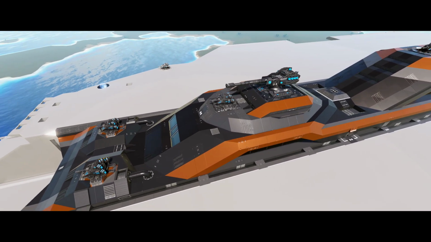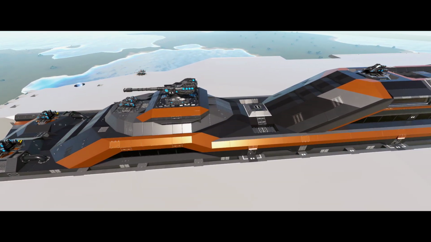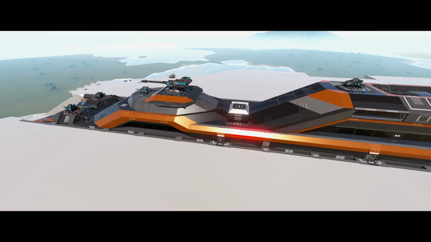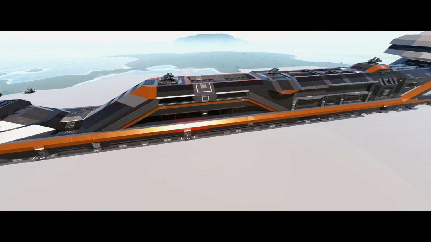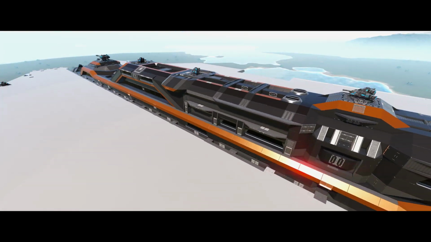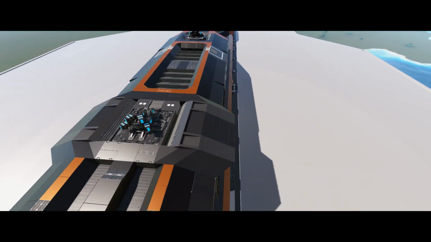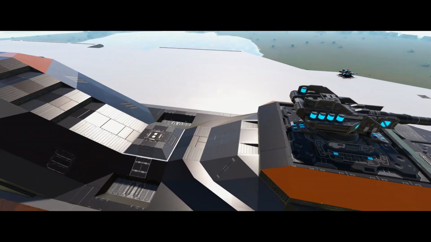Thought I would show some updates on this carrier again. I've been working on this a lot, mostly on the interior, but I did texture a section of the hull right now, this area over here. And obviously it's got the Martian texture scheme on it right now, but